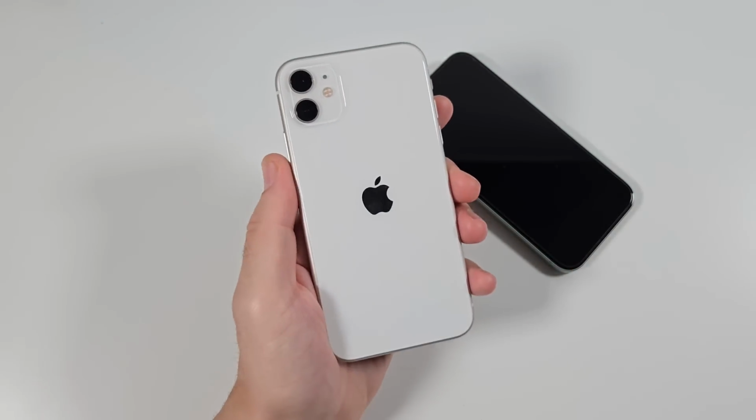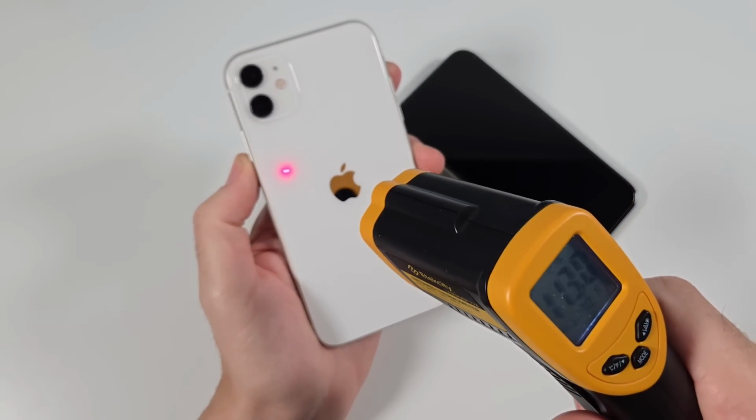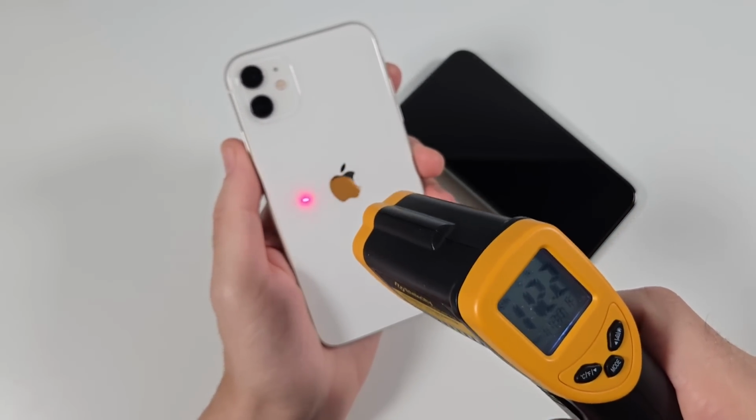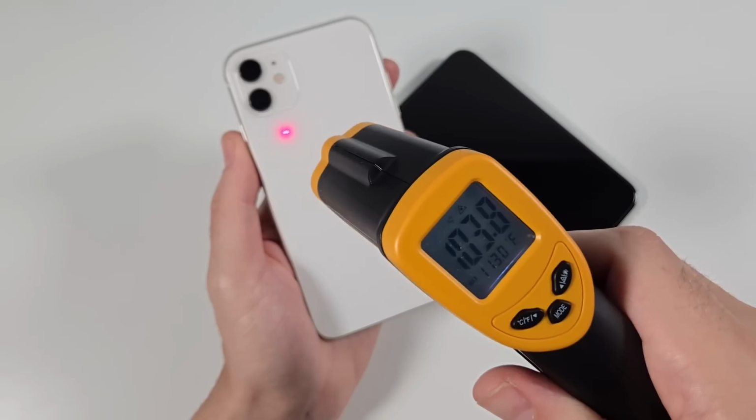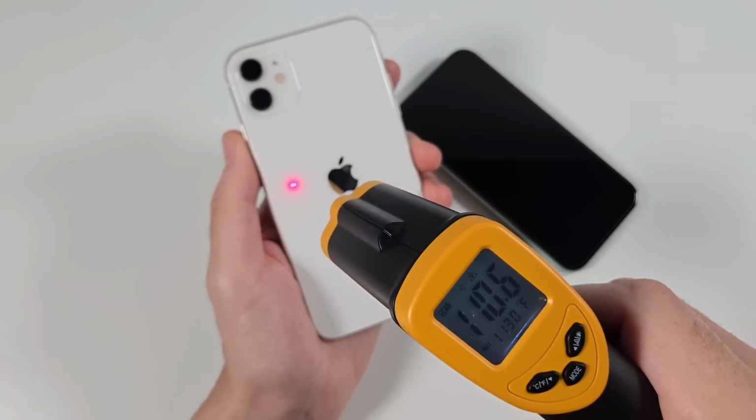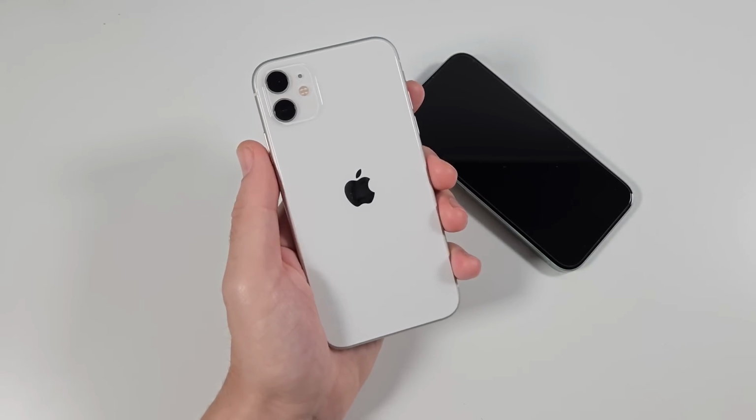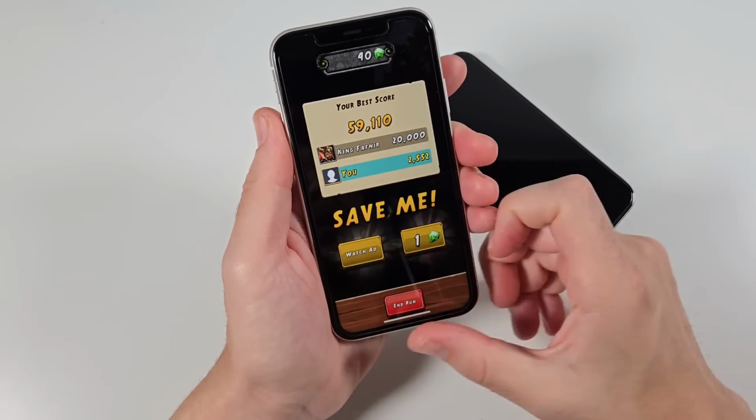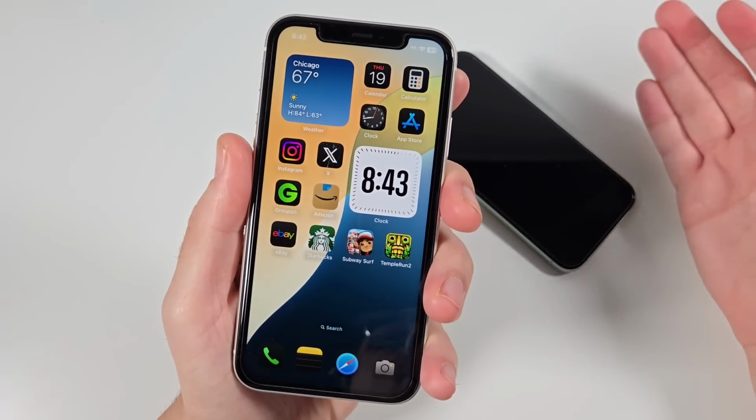Let me get my temperature gun and let's see where we are on the temperature reading. Oof, yeah, I was not kidding, bro. Look at this, 111 degrees right here. This thing's over 110 right where I told you it was warm. So this thing is toasty right now. Definitely uncomfortable to hold. So if that's an issue for you, you might want to be using a case with